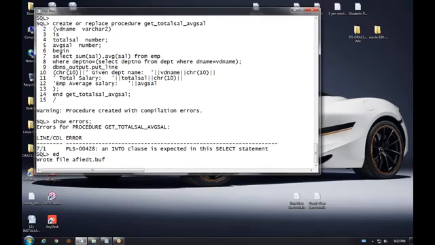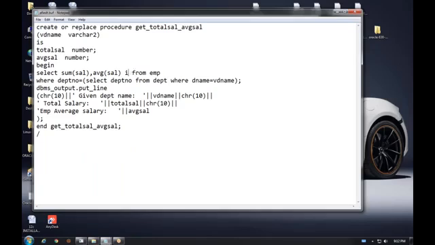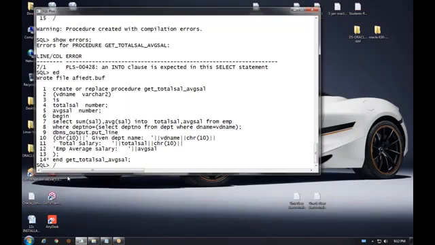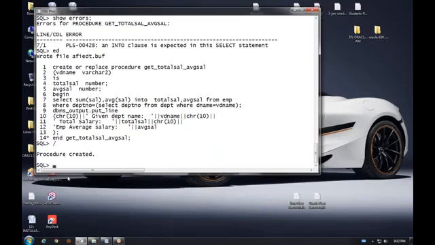Into total sal, avg sal. Save it, exit, slash. Now the procedure was created. Understand? This is about creating a procedure. Procedure created. Now,